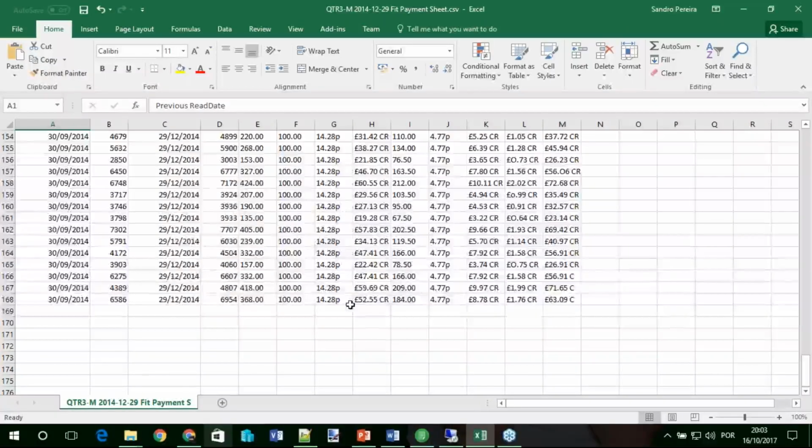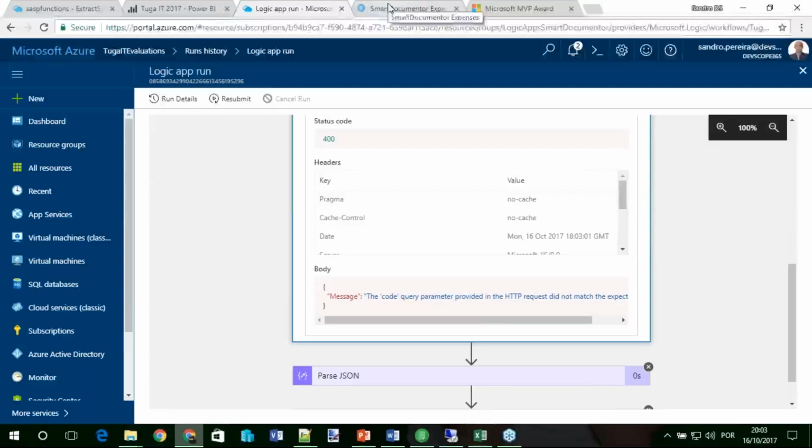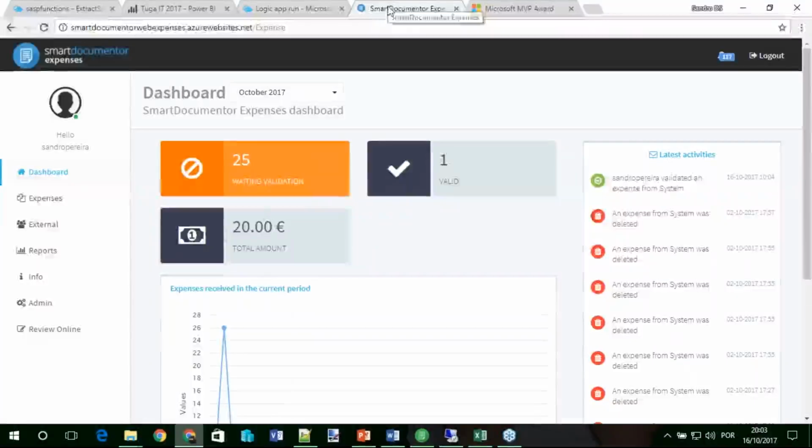The other demo using paper again is invoices. Even in my company, I need to go to each project and insert my expenses in my CRM system.